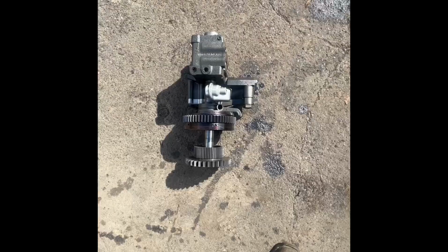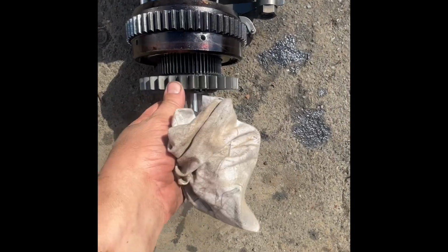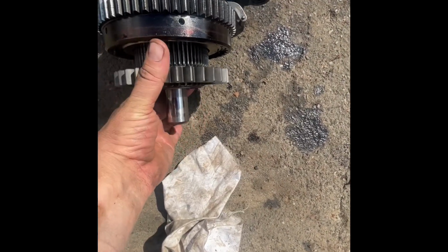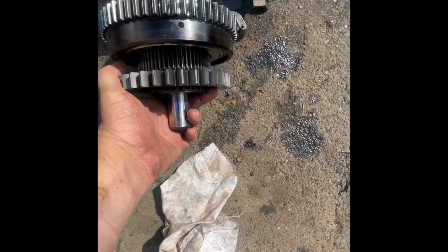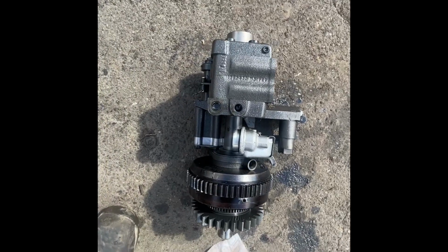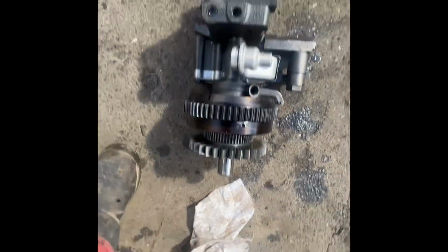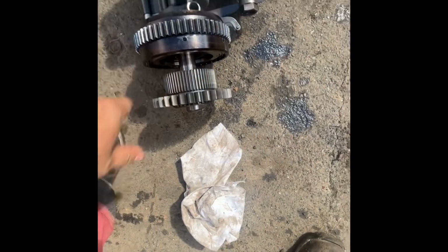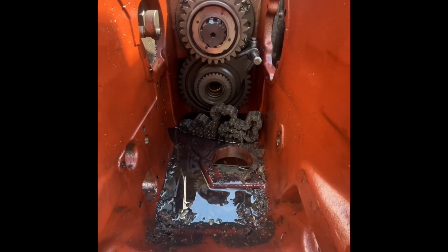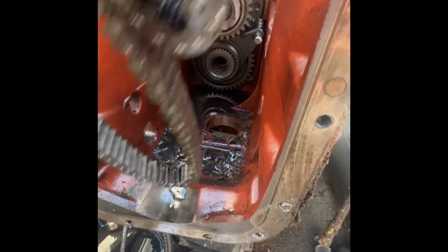Right, let's keep going. That's her out. There's that coupler we're talking about. If that slides out trying to get it out, it just slipped off it there when I put it on the ground, but you can't get it to line back up with the teeth when it's in position. So if that happens when it's in, you can't pull it forward far enough. It gets caught on the end of the shaft here, and you end up having to cut that shaft with the gas. But anyway, that's her. That's the chain. Get that out of the way,